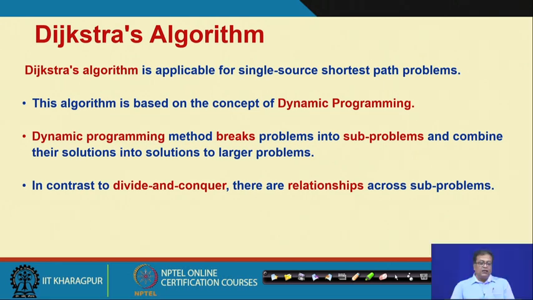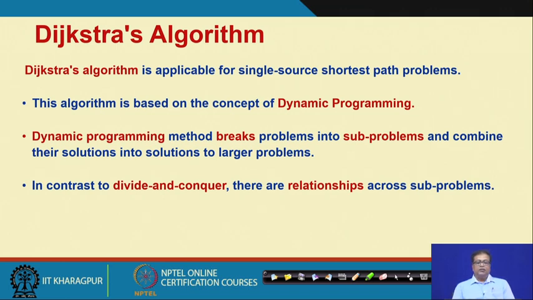Now you may question why we are going to study one more algorithm. The reason is that those algorithms are good, but Dijkstra's algorithm is elegant and simple, and it has one additional advantage. So, what is that advantage? I am going to discuss it very soon. As you can see in this slide, Dijkstra's algorithm is applicable for the single source shortest path problem. Single source here basically means that we have only one source where we are starting.